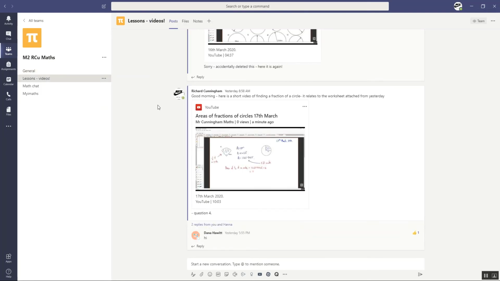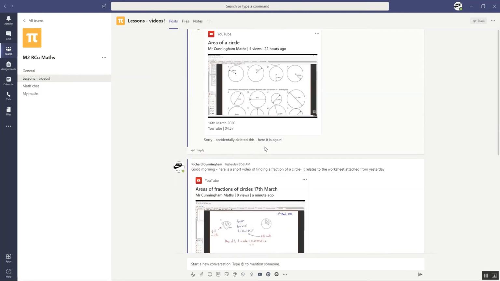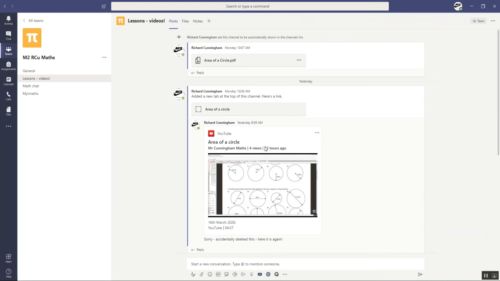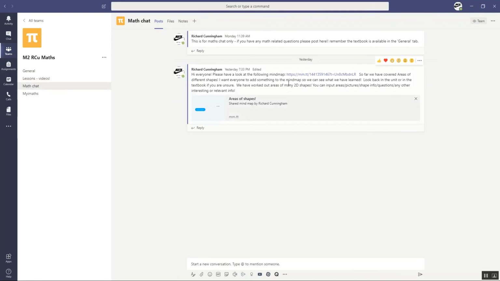So just to recap, we've got the lessons and things from Monday and Tuesday. We also have the worksheet that we were working on. The book is in here as well. So what I want us to do is, if we go down to Math Chat, I put this mind map on here, okay? I'm not sure how this is going to work, but what I want everyone to do is, if you can click on it,